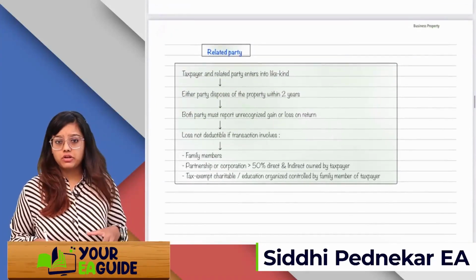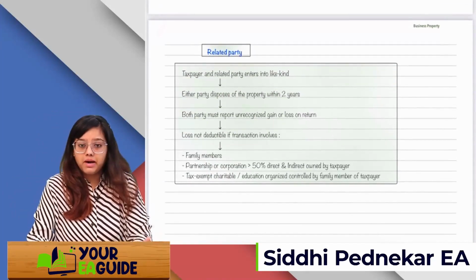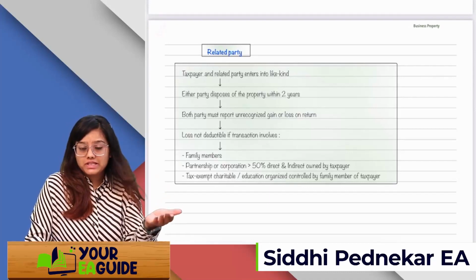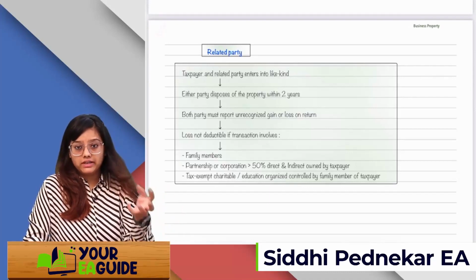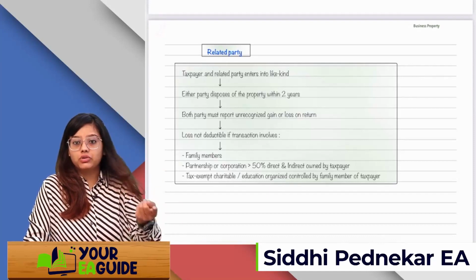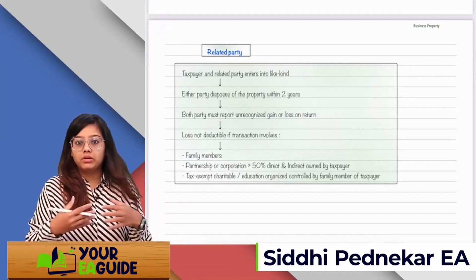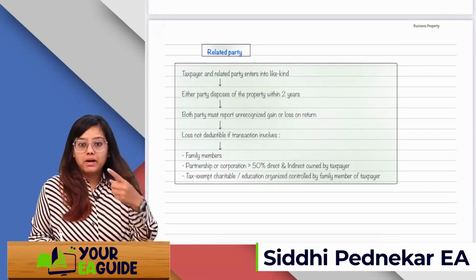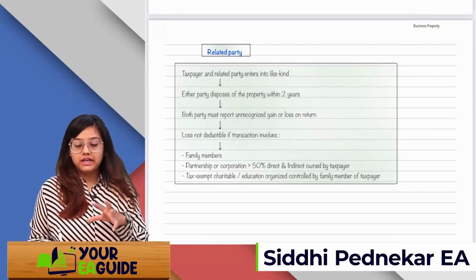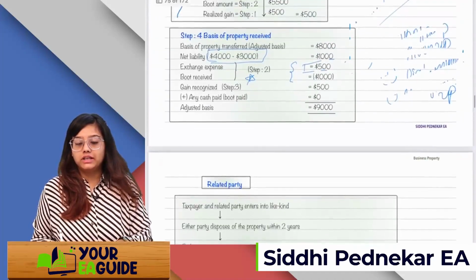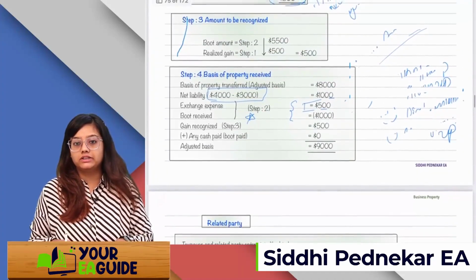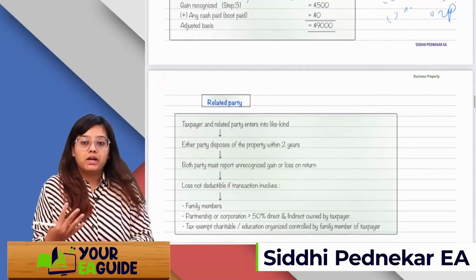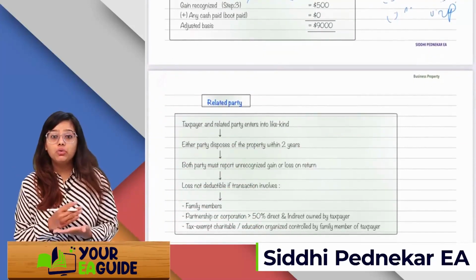Next, the last topic of this chapter is related party. If the taxpayer and the person who is taking the property are both related, and the taxpayer and the related party enter into a like kind exchange, and either of the parties disposes of the property within 2 years, then both parties must report unrecognized gain or loss on the return. See, in case of like kind exchange, the gain is not recognized, only the boot amount is recognized. But if any of the parties disposes of the property within 2 years, then whatever was unrecognized